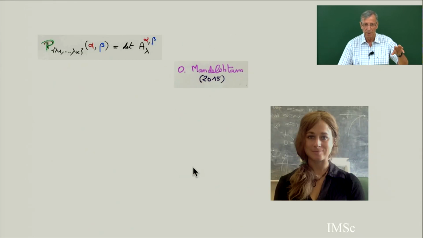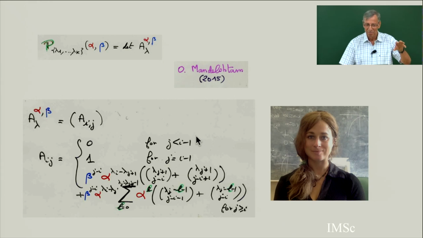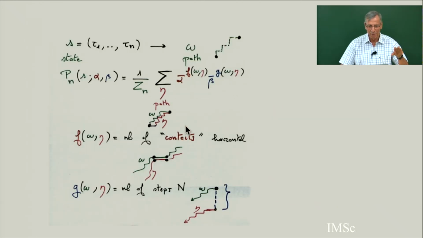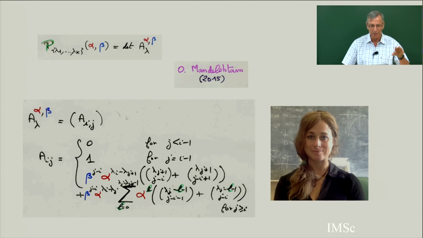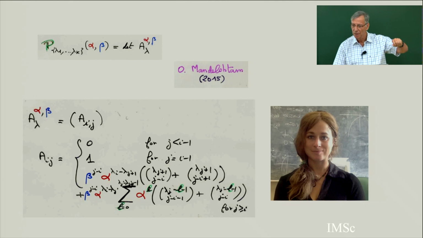And this was given by Olya Mandelshtam in 2015. She gave an explicit formula, a rather terrible formula, where the probability with alpha and beta is given by a certain determinant indexed by alpha and beta. You see, it's these two parameters here. You can have an explicit expression for the distribution, an analog of the Shapiro-Zeilberger result, but with alpha and beta. She gave a beautiful determinant. It's not symmetric in alpha and beta. And where does this determinant come from?